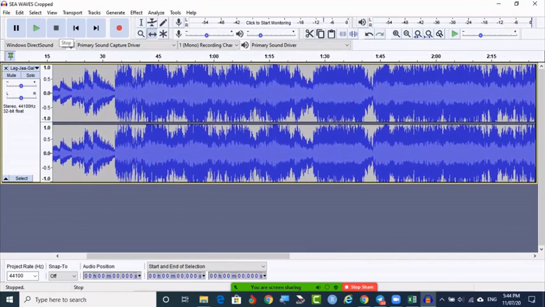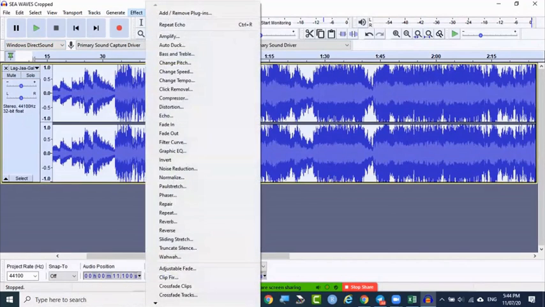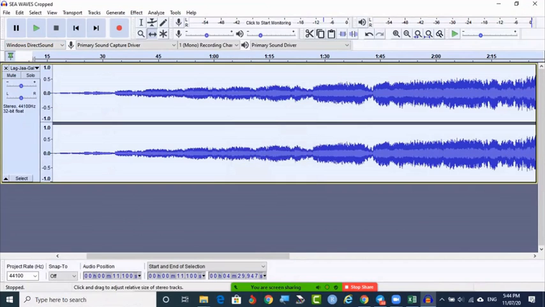It starts with the high pitch, right? Instead of that, it should start from lesser to the bigger voice. So here I'm selecting this and going to effects, fade in. See, smaller to the bigger voice.